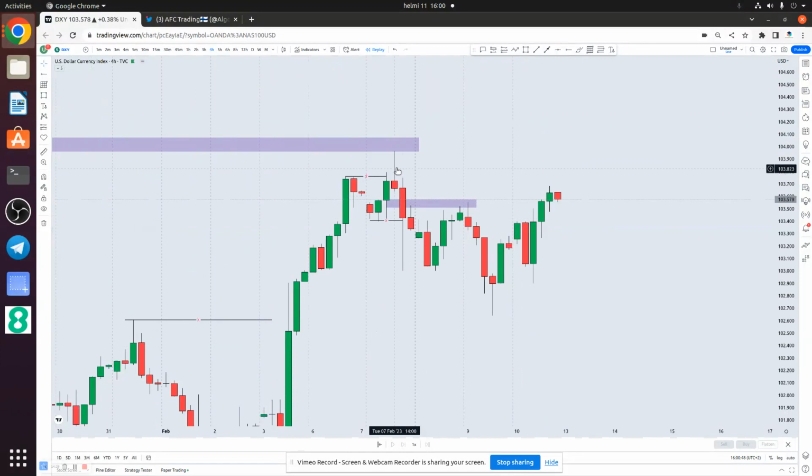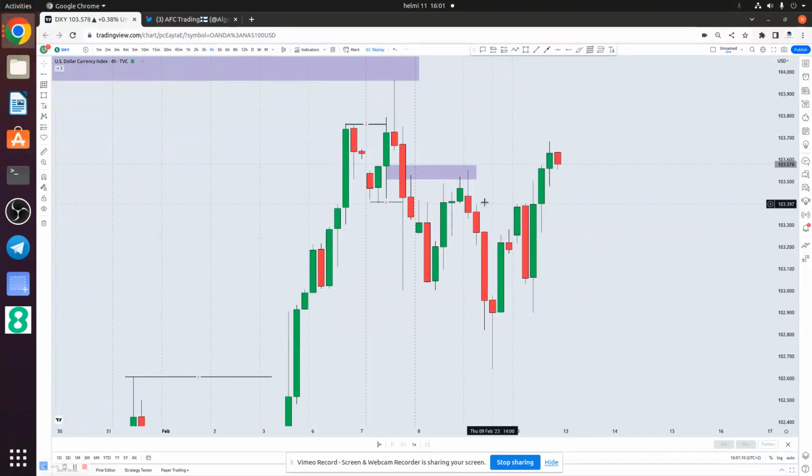on H4 we see price touching that order block on the higher time frame. Price grabs the liquidity from here, then breaks structure here, price returns into this order block, and then price sold and breaks this structure here on the 9th. So when I saw price